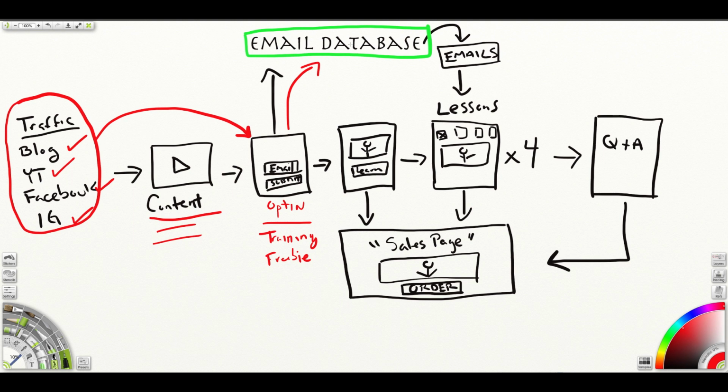All right, guys, so now you kind of see the process of how you would go from content to creating that opt-in and getting the lead. Now let's talk a little bit about why having an email database is so important. Nowadays, having an email list is still super, super, super beneficial because it allows you to do so many things,